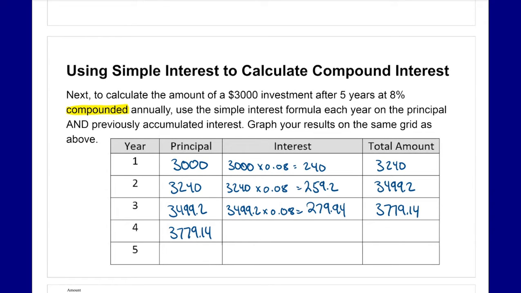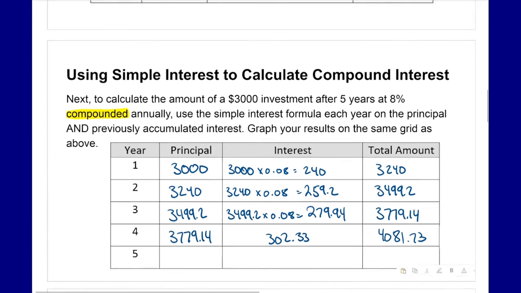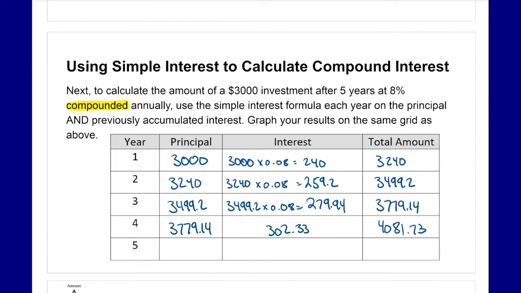Find 8%. We should find that our interest is $302.33. So again, the format's the exact same thing, just a new principal. So we add this, and we get a total amount of $4,081.73. Again, like we mentioned, that becomes